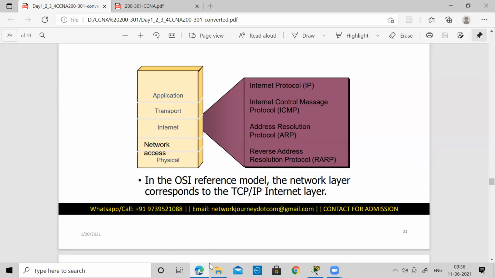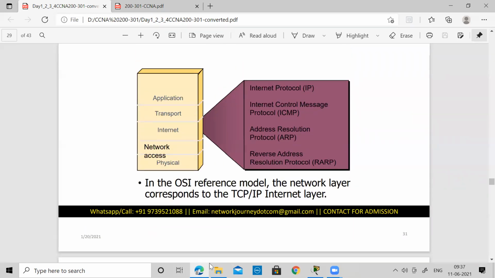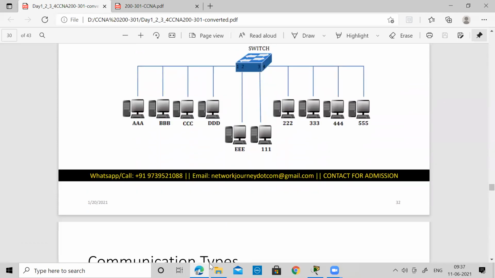These are all the protocols for your internet layer, and that's it. There is no separate protocol existing for the data link layer and the physical layer. The transport and internet layers are very, very important for the TCP/IP protocol suite because there are lots of protocols inside them.